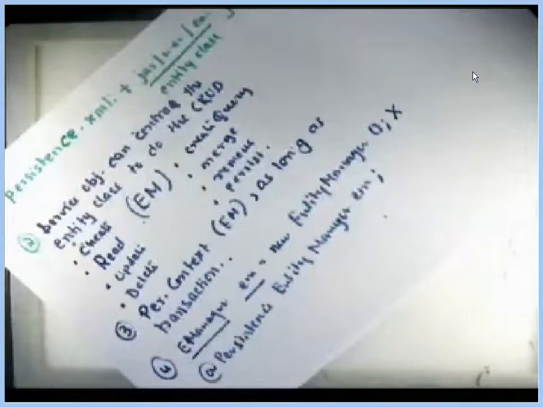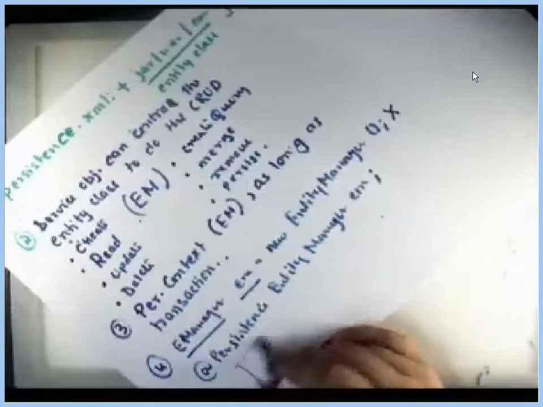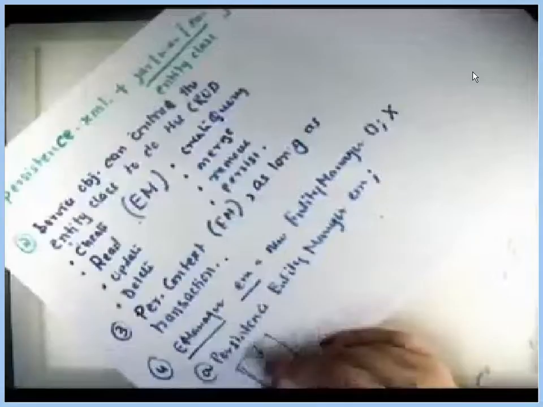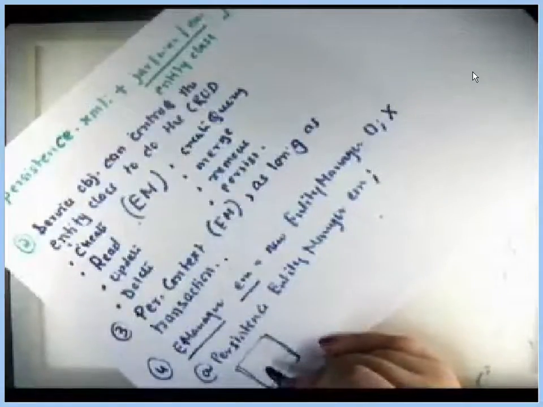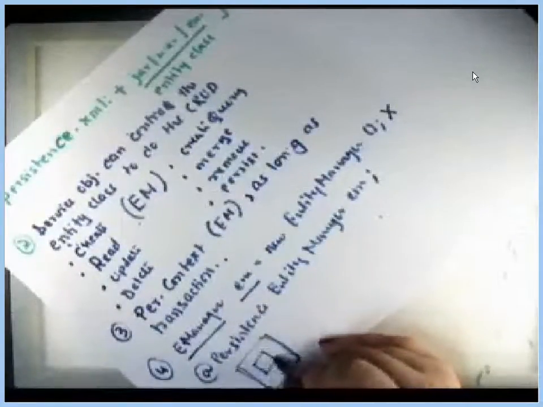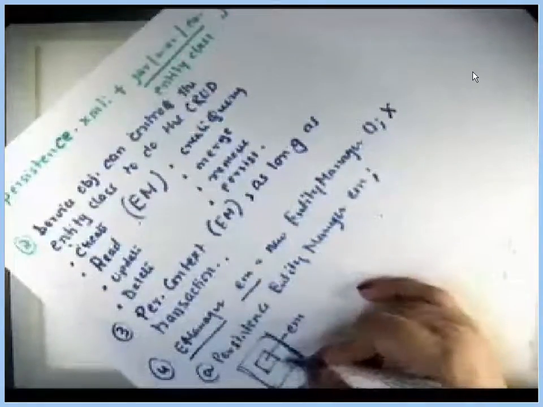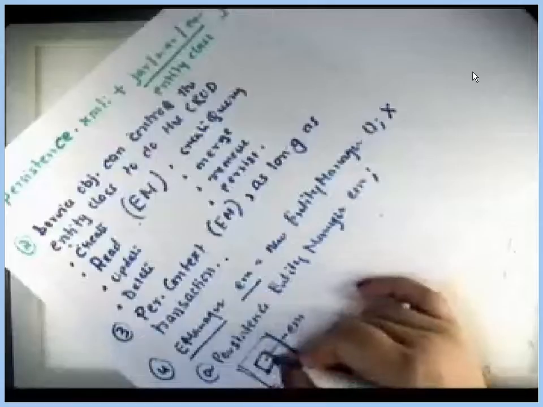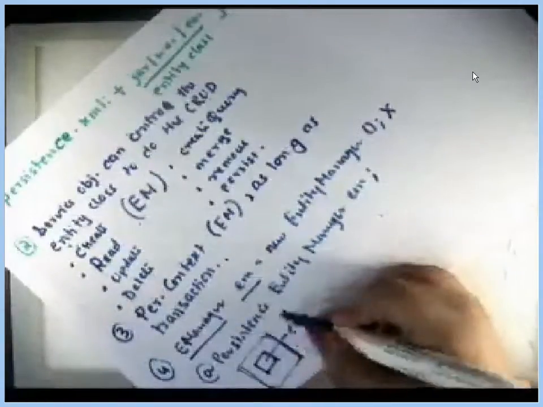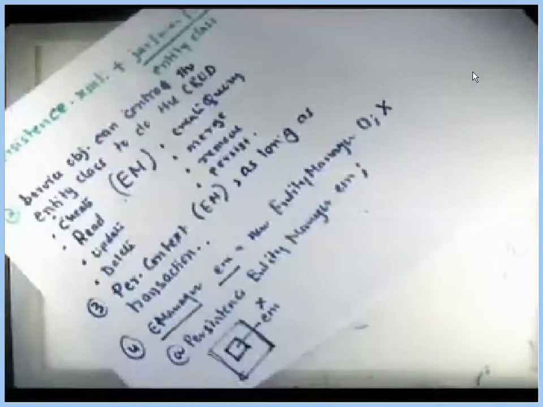Okay, I'll just explain this again. This is very, very important. Say I have one object which is going to be created, and there is a part inside the object called EM. When I create this object, this part is automatically created too, but this does not happen in the case of your entity manager